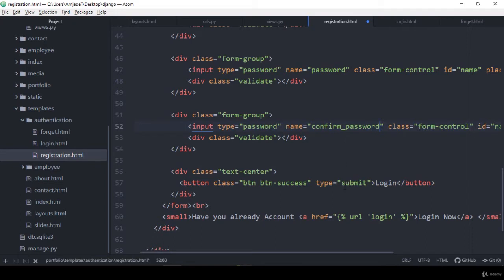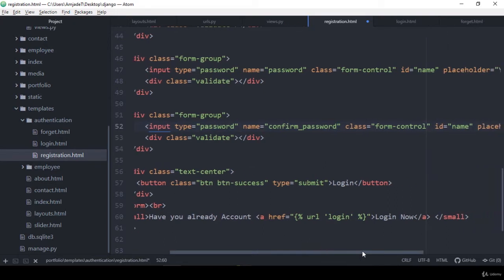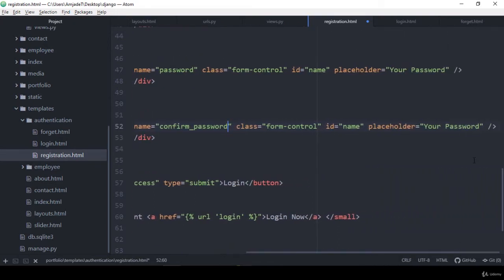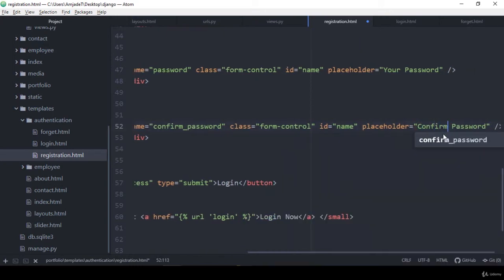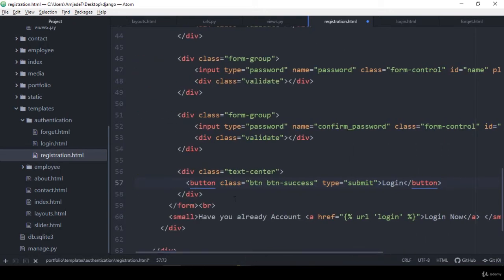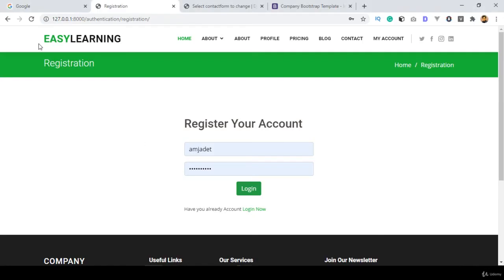Okay, confirm password. Perfect. So that will be as a confirm password, and I name it as a confirm password. Perfect. So now if you click as a save all, and now if you refresh it,